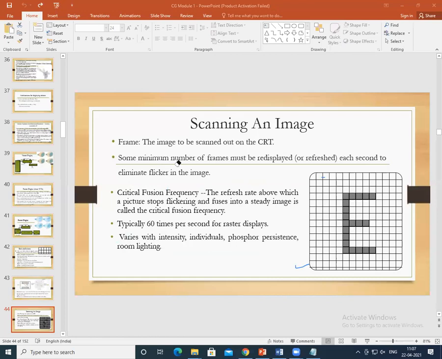So the minimum number of frames must be redisplayed. You could see how this letter E is being displayed on the screen, identifying the individual pixels.